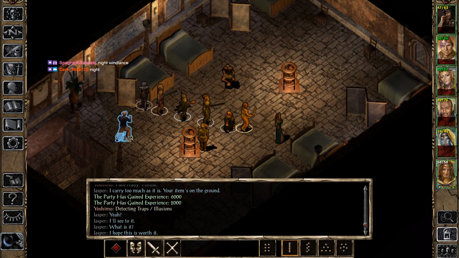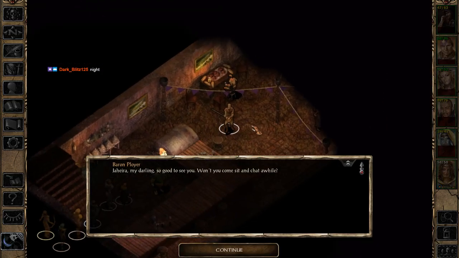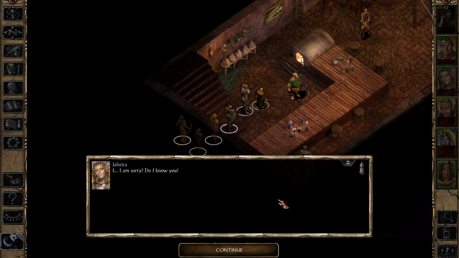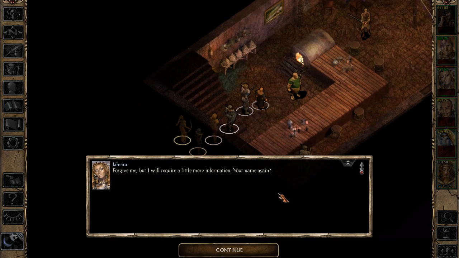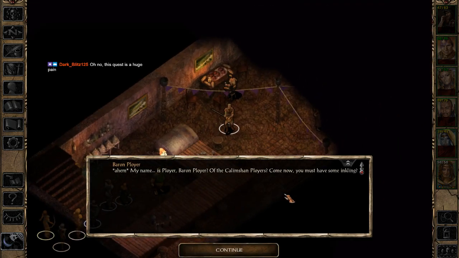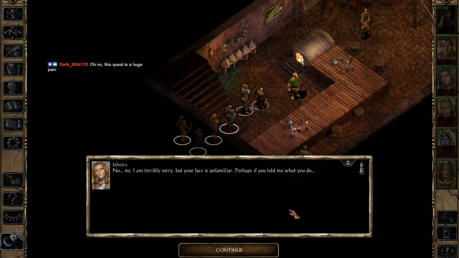Okay, who am I supposed to speak to right here? Be downstairs? Aha! Here, my darling. So good to see you. Won't you come sit and chat a while? I am sorry. Do I know you? You do not remember? Ah, but this is understandable. It's been years since we last spoke. Far too long, really. Forgive me, but I will require a little more information. Your name again? My name is Ployer, Baron Ployer of the Kalamshan Ployers. Come now, you must have some inkling. No, I am terribly sorry, but your face is unfamiliar. Perhaps if you told me what you do...